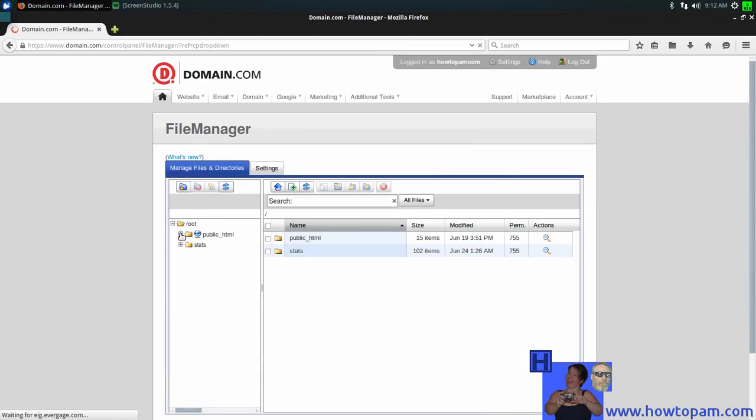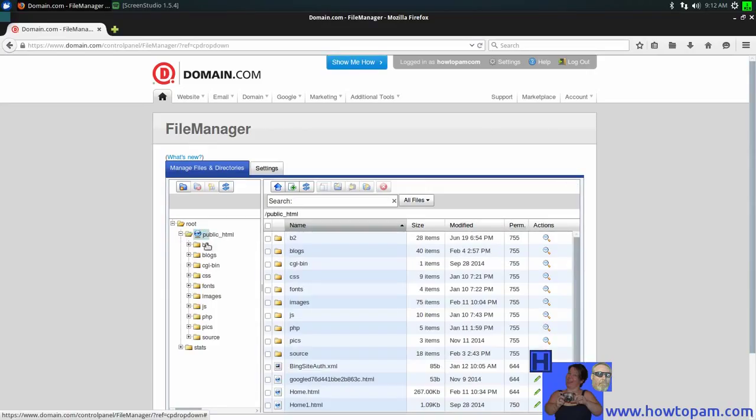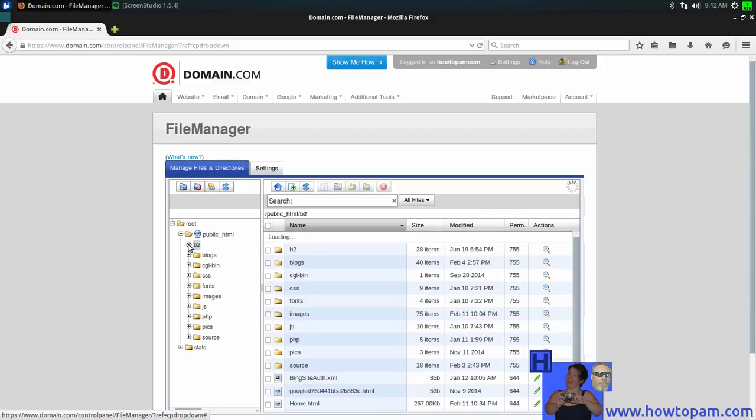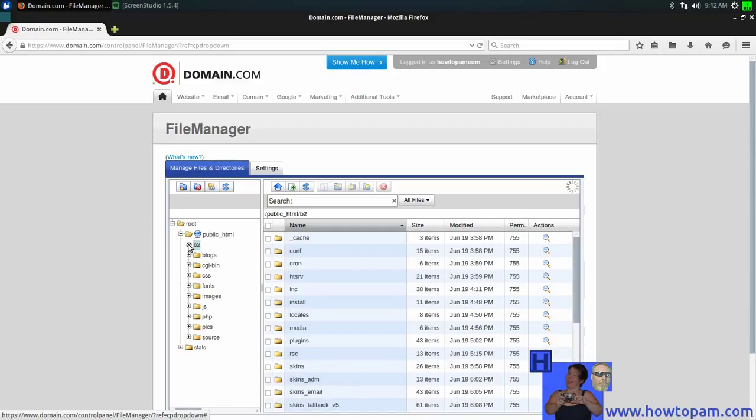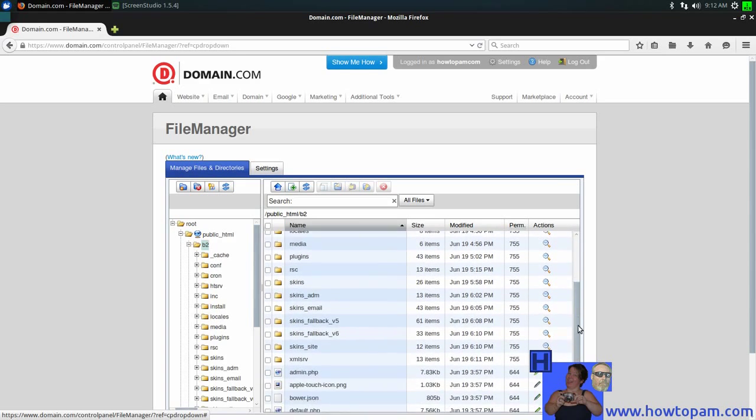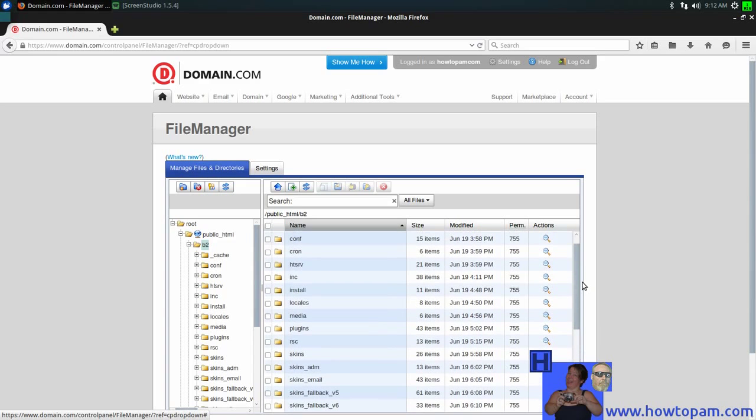Okay, we're into the file manager. Here's the public.haml, and here's the b2evolution folder we created on an existing site. Let's just open it up and see what we've got in there. Make sure our files are up, and oh yes, you can see all the b2evolution files in here, and the important install folder,